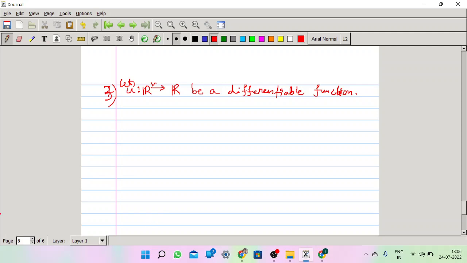So u equals u of x comma y, and further assume that u satisfies this linear PDE: ux of x comma y plus uy of x comma y is equal to 0 for every x, y in R2,